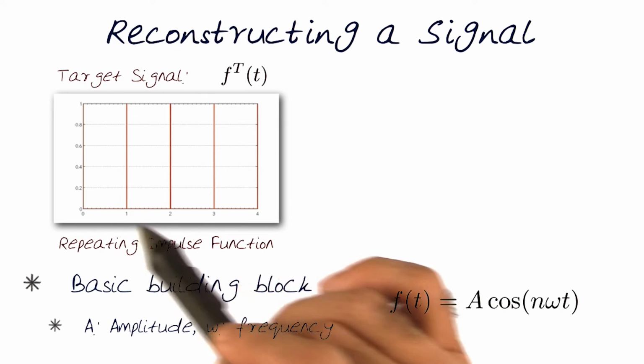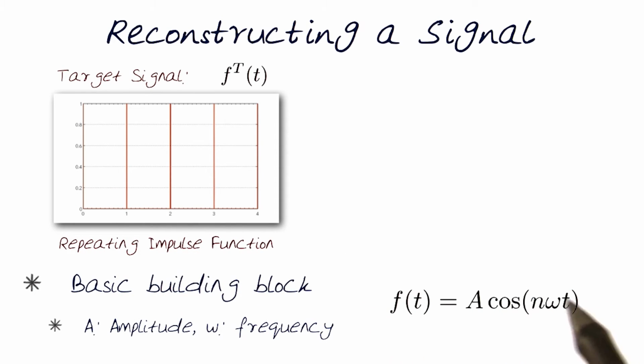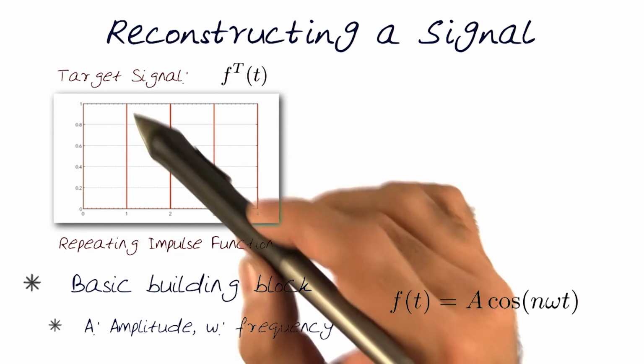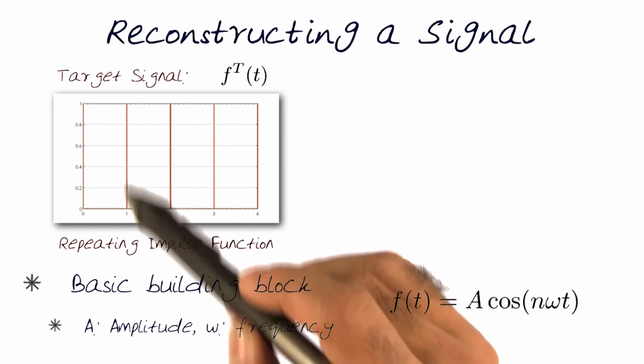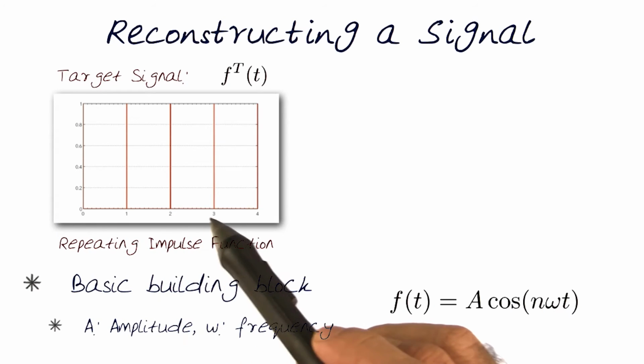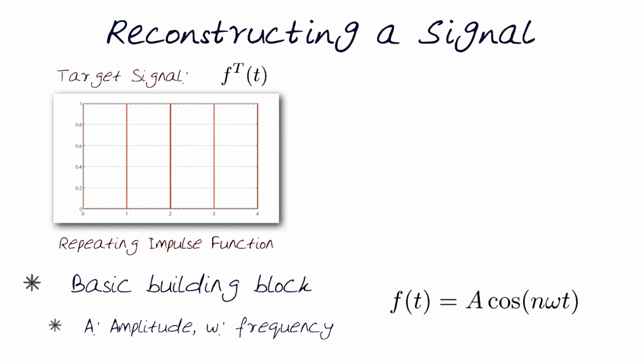So we're interested in using a function like this, where we can vary the n omega, the frequency. Time is, of course, the variable that goes on this axis. And we want to go, in this case, with an amplitude A of 1, and generate a signal like this. Any thoughts on how we would do this? Well, let's get into it.